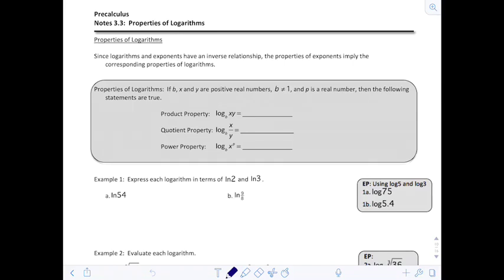The notes for 3.3, properties of logarithms. So today we're going to stray away from the graphing, but we're just going to focus on some of the properties that we have with logarithms. These should be pretty familiar to you from Algebra 2, but again, some of the equations that we're going to look at will be a little more complex, so you want to make sure that you really grasp the concept